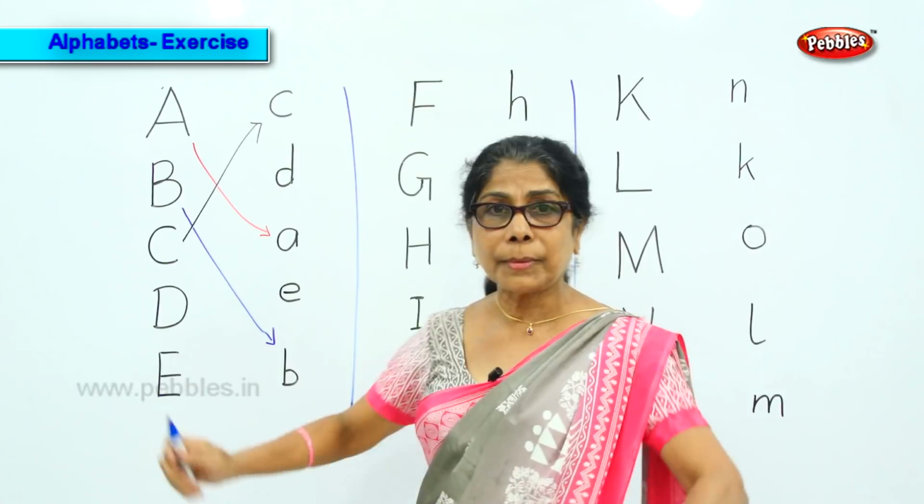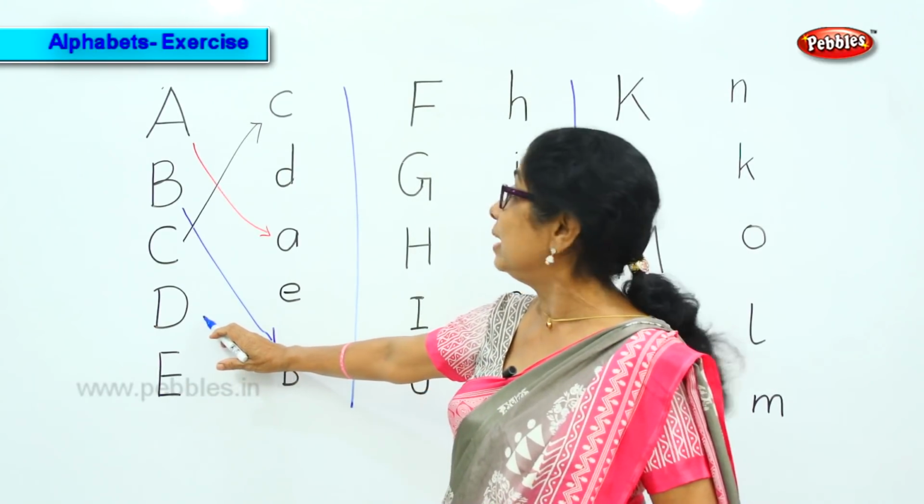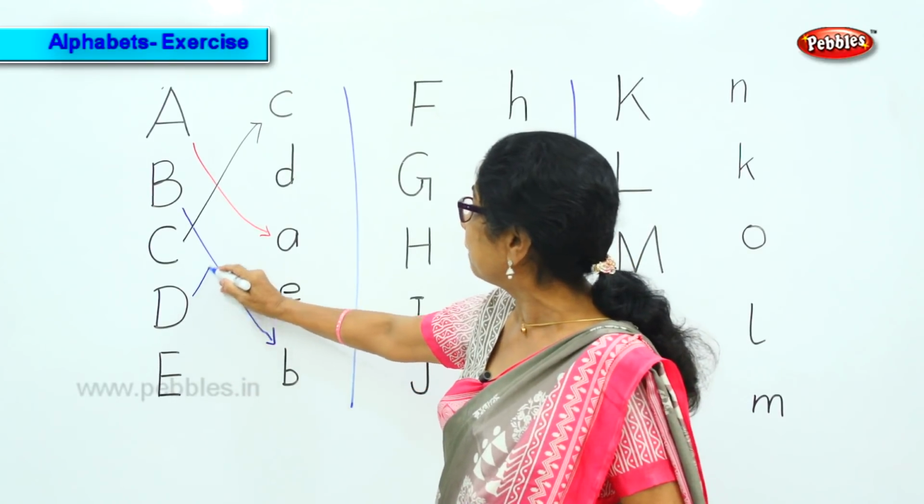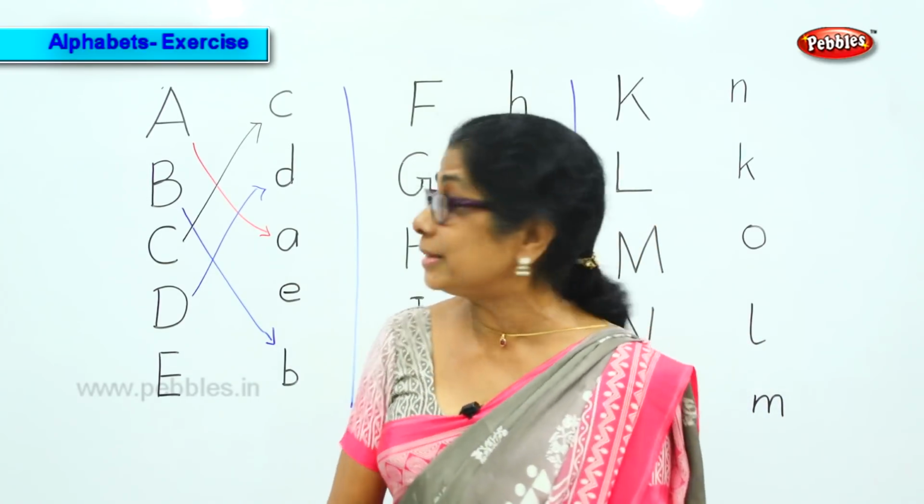Next we have, very good, D, D, D. The sound is D. Where is that small D? Here. D, D, D. Okay. And the next letter,